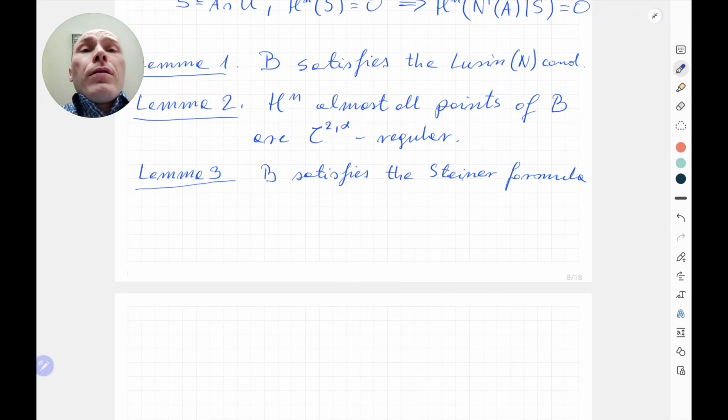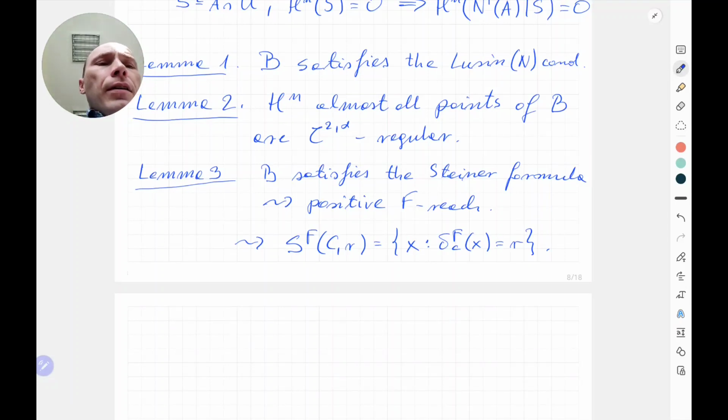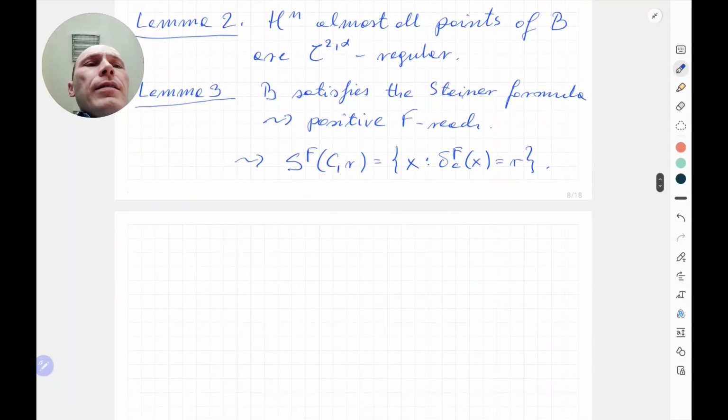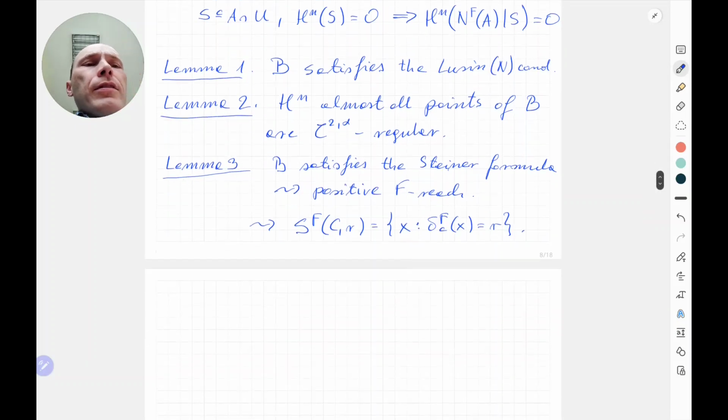From there, we know it has positive F-reach. And then we can work with level sets of the distance function. So we work with this set, a distance level set of the distance function, and this set a priori, because the distance function is one-Lipschitz, is a Lipschitz manifold. S_r is a Lipschitz manifold, and we can actually compute principal curvatures of this guy